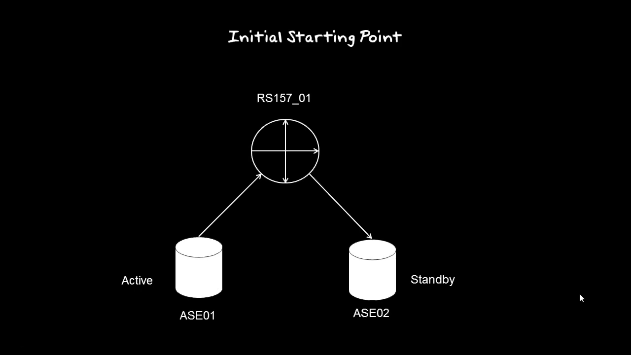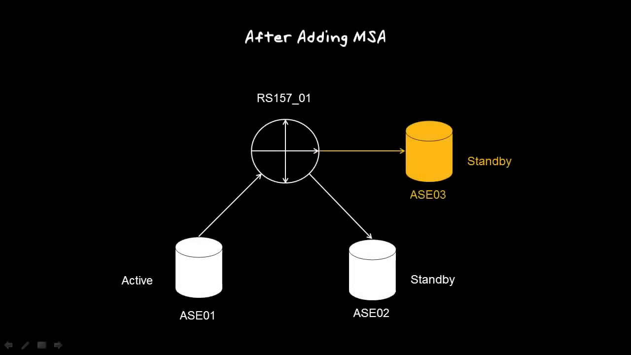Our active server is ASE01, our standby server is ASE02, and the rep server is RS157_01. Creating a warm standby is covered in a different video. What we are going to do in this tutorial is add ASE03 as another standby site. So we'll be adding it as a replicate for the logical connection which defines the warm standby between ASE01 and